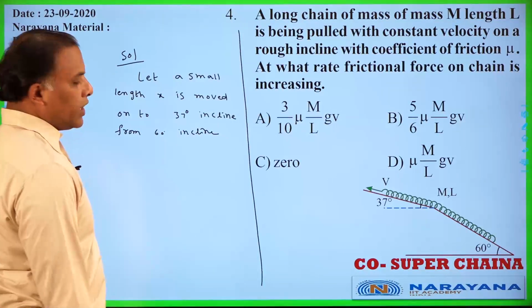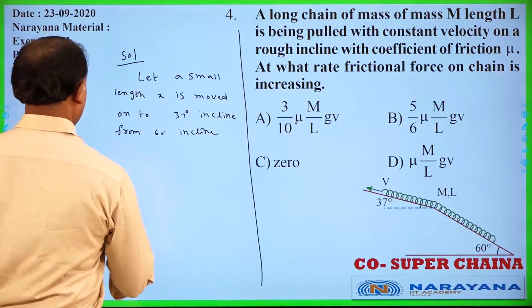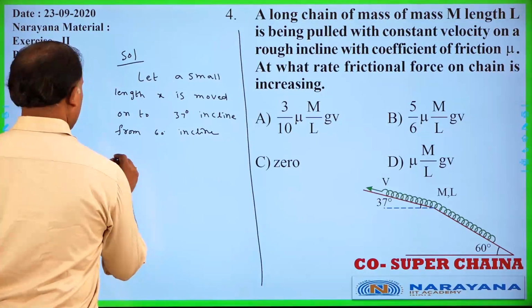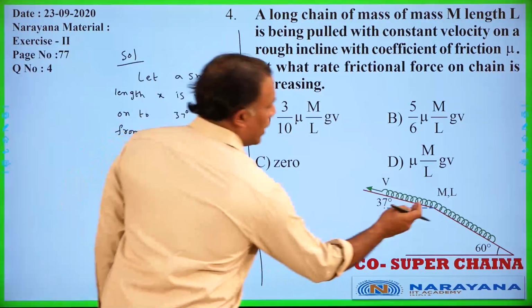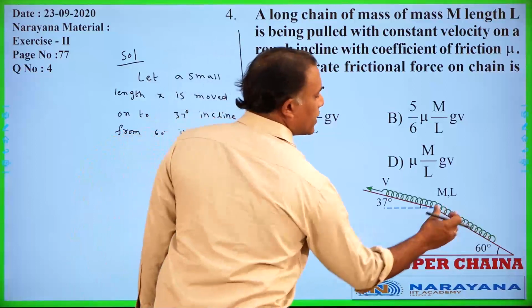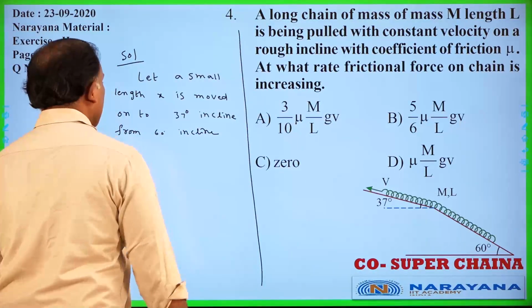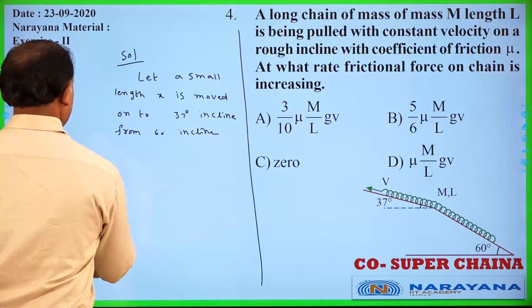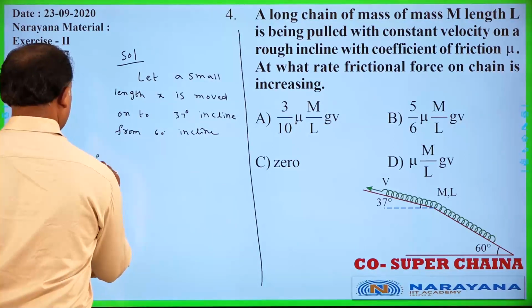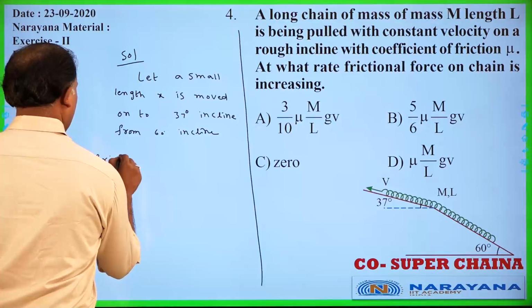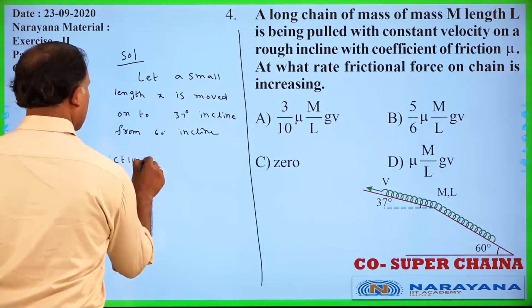Then there is a change in normal reaction. Here x is increasing, and there x is decreasing. So then what will be the frictional force? Frictional force is equal to